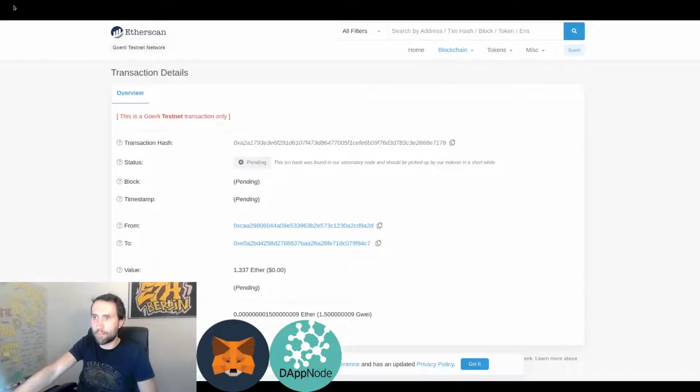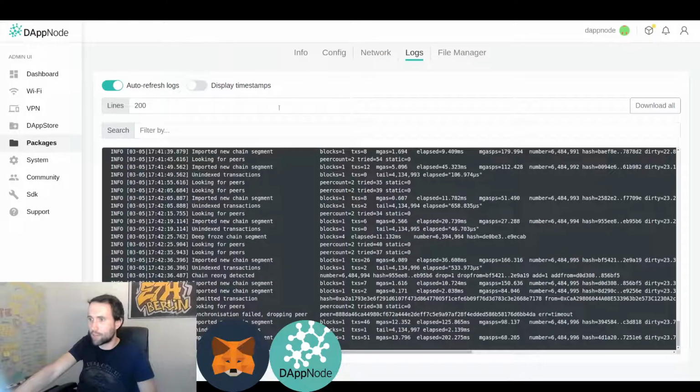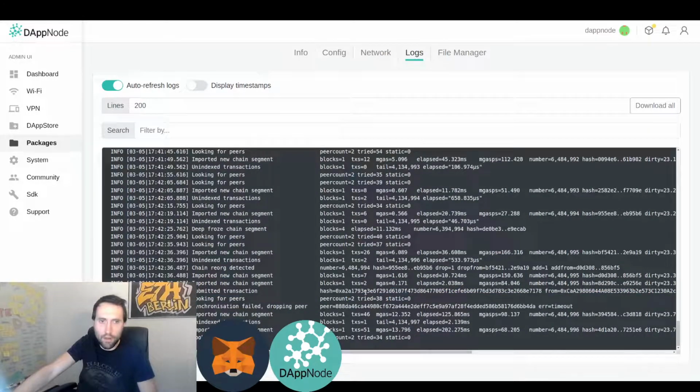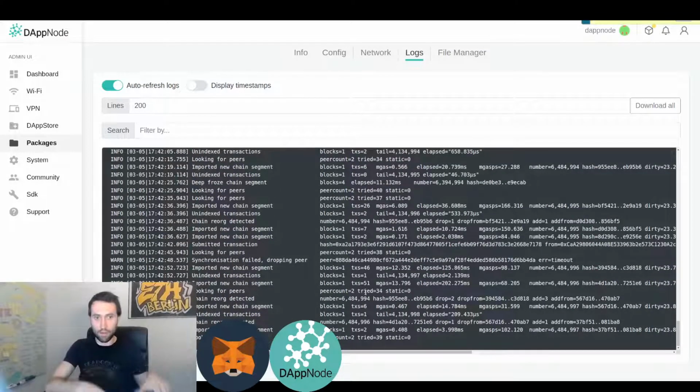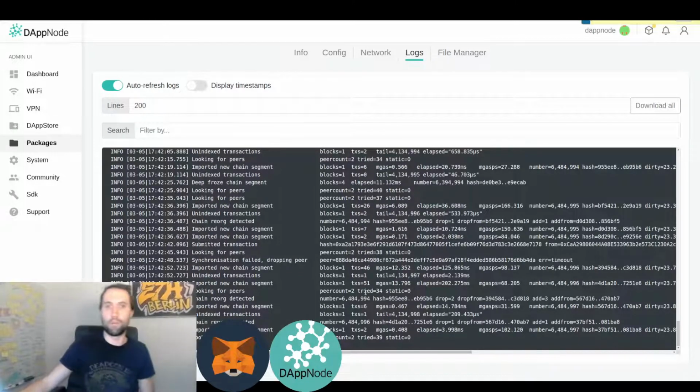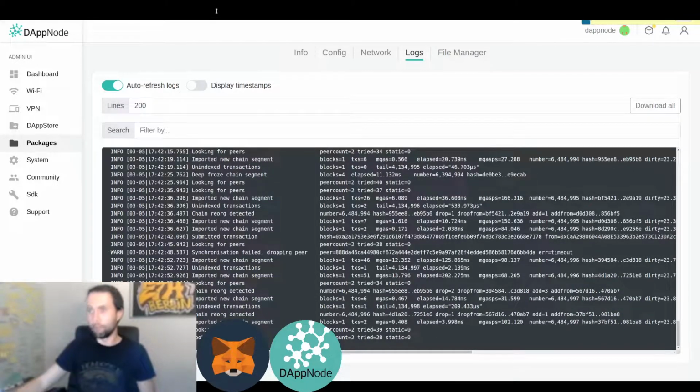It's pending, and if I go back to my DAppNode admin, I can see here submitted a transaction. So I know I have submitted my transaction, not on someone else's computer, but on my DAppNode here on my desk at home, to my very own Ethereum node. And why is this so important? Because